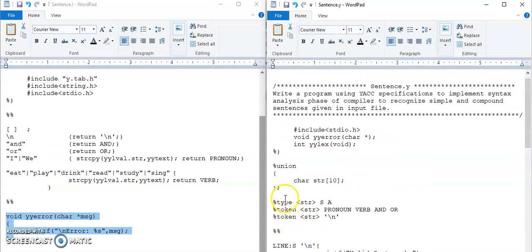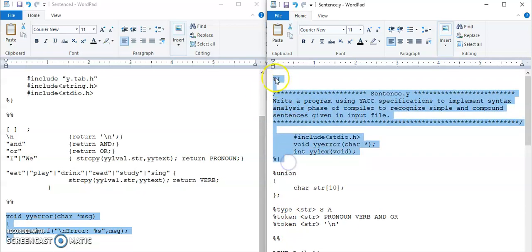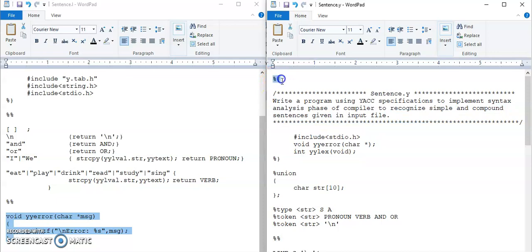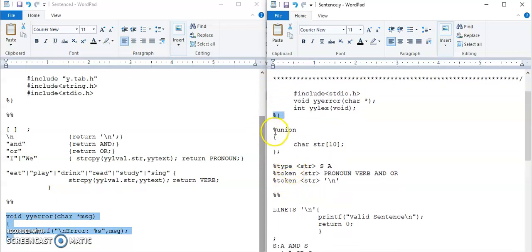In the first section, we will have two parts. C declarations will be within these two symbols and other declarations will be outside these two symbols. We will use %type to declare all the non-terminals, that is variables, and we will use the %token statement to declare all the tokens, that is terminals.